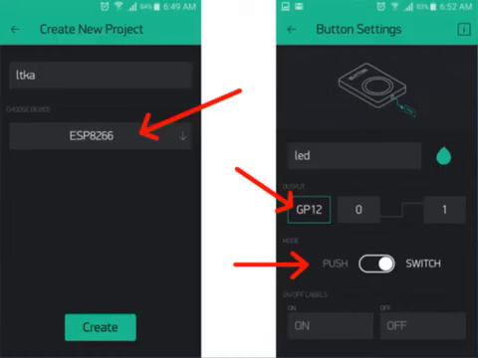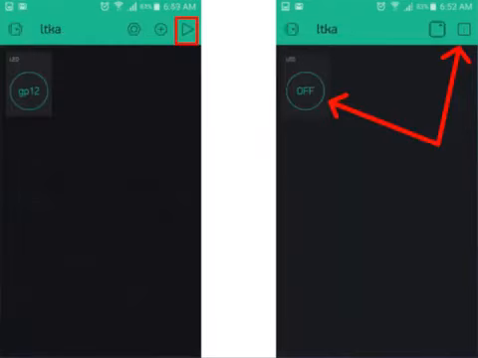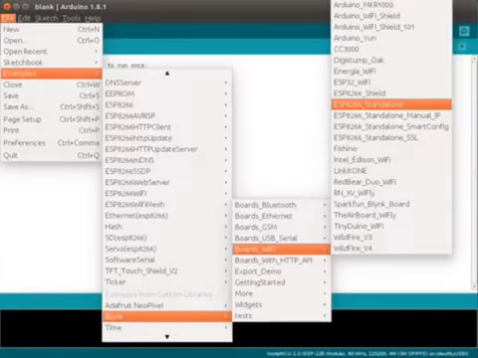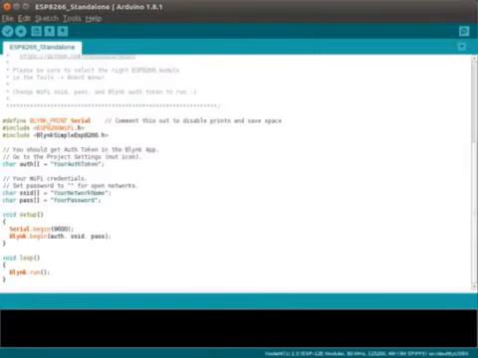The second part of this is how to configure the application for the implementation. We need to select the controller which we are using, so that is selected over here. Then on the pin we need to select which pin we have connected the devices to, and then the project will go live. Before the project goes live, we need to take care of security. When you create a project on the Blynk application, you will get one user credential which you are supposed to enter in the program and to maintain